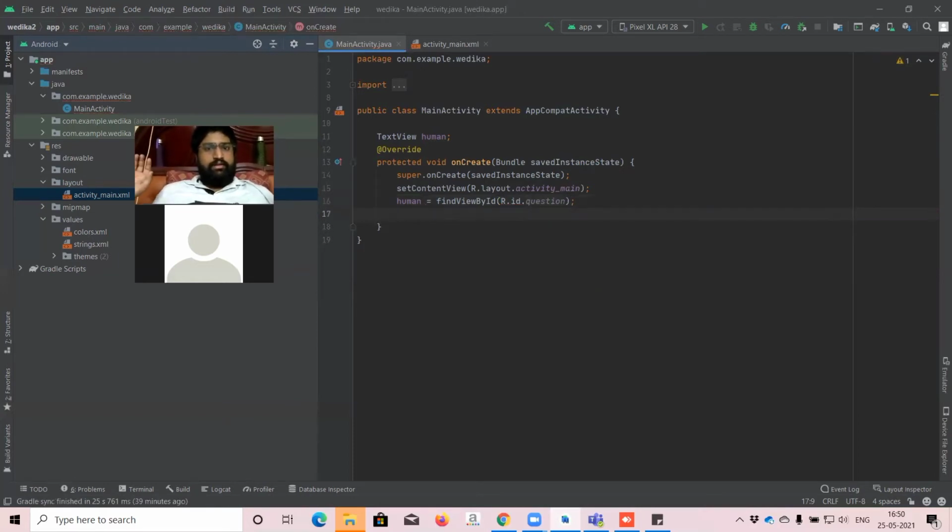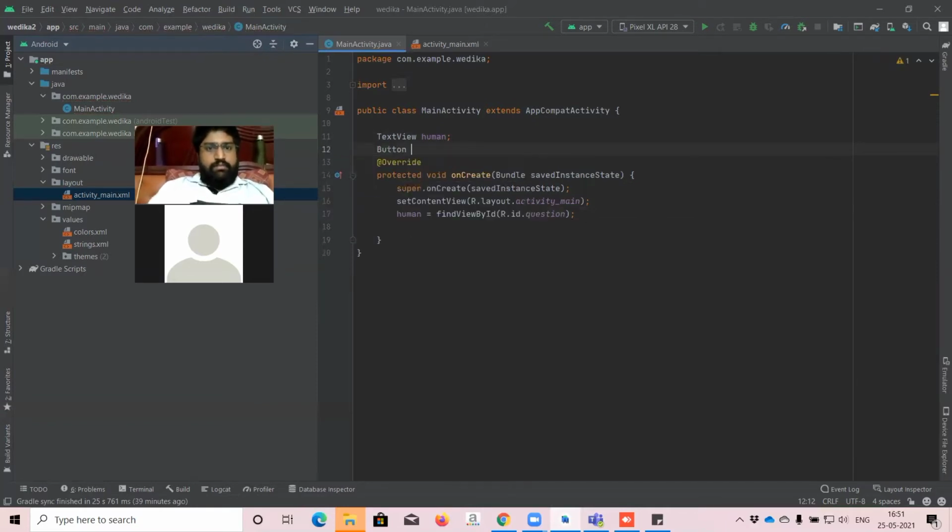Clear? And again, what we have to do is button. I'm creating a button. The button name is a name. So I understand that you are a human, but I just want to know your name. Very clear.